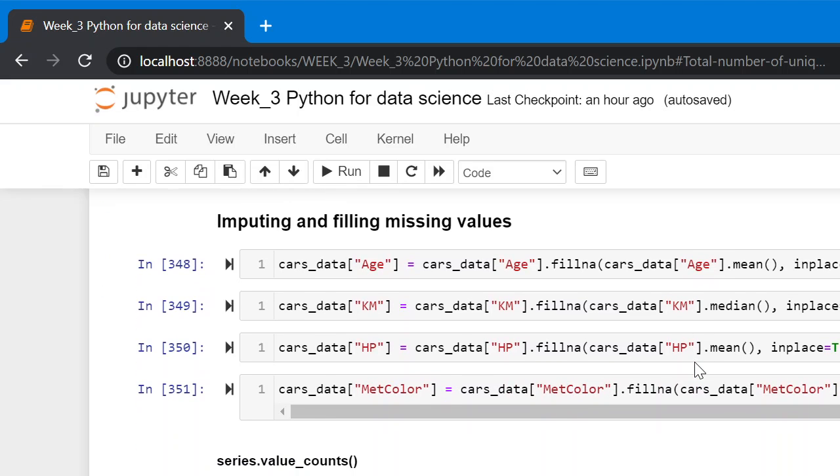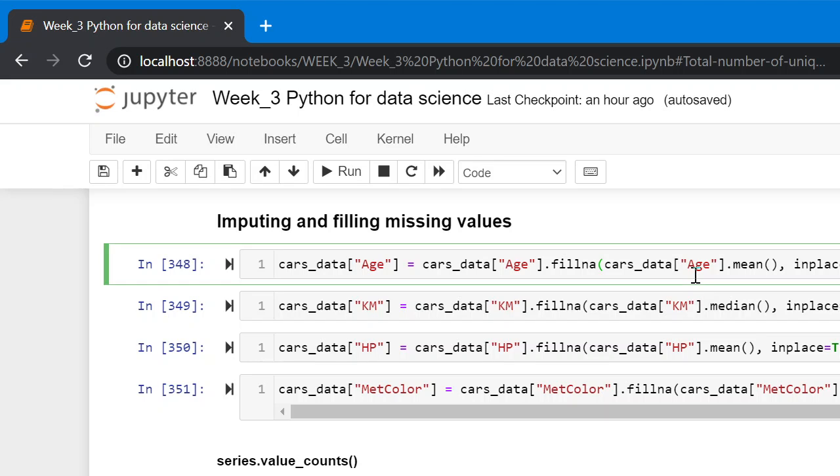Imputing and filling missing values. To fill missing values, we can use the data frame method fillna with the value that we want to replace with. So here in the first example, we are replacing the missing values in the age column with the mean value.